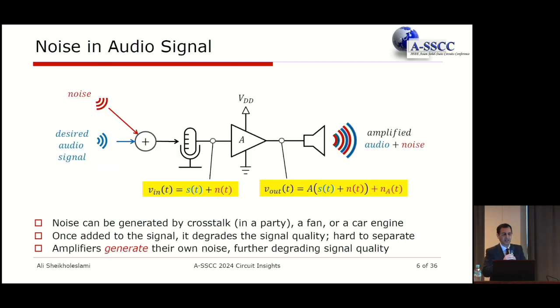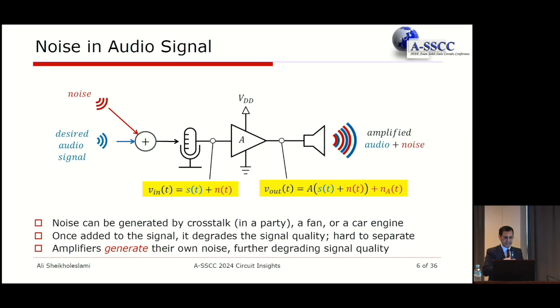But now let's look at this in some other context. I think the context that we all know is noise in audio signal, right? You have all been in a party and you like to have that conversation going with your friend, but there's a lot of other crosstalks. Everybody else is talking. Or you want to talk and all of a sudden there's a big engine running beside you, or there's a fan in the room that is bothering you. It's just because it makes it so much harder to get the signal that you want. The desired signal is harder to recognize once there is noise.